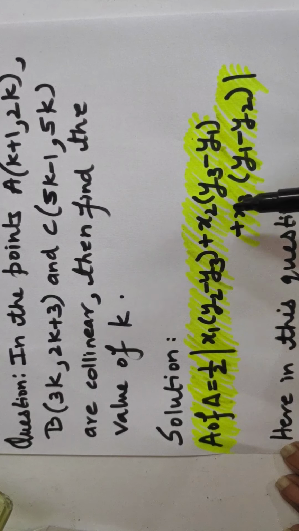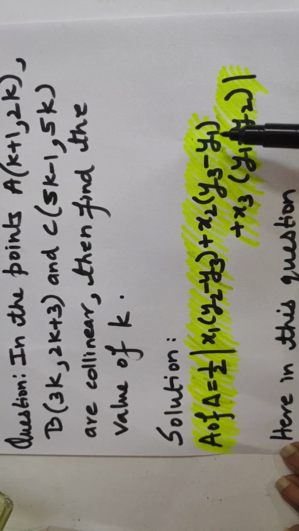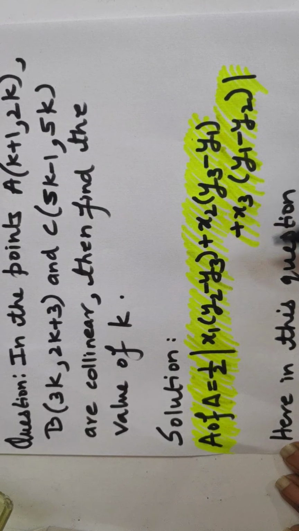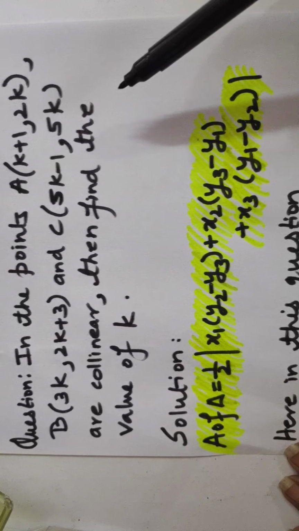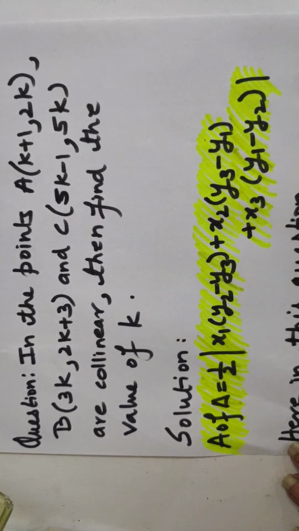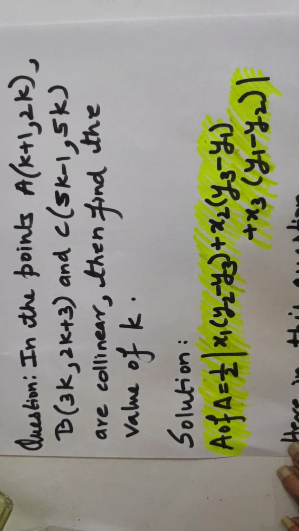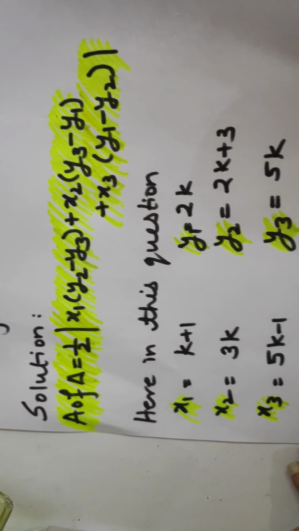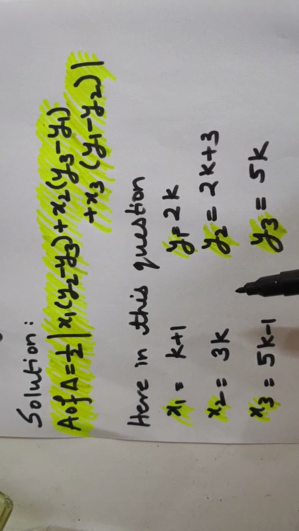Now here 2 has already come, so what comes after 2? That is 3, so y3 minus y1. Here 1 to 3 is done, so again we start with 1: y1 minus y2, meaning y3 will not come here. So this is the method to learn the formula. Now we are going to solve this question here. To make it clear, I have already written the values from the question here.